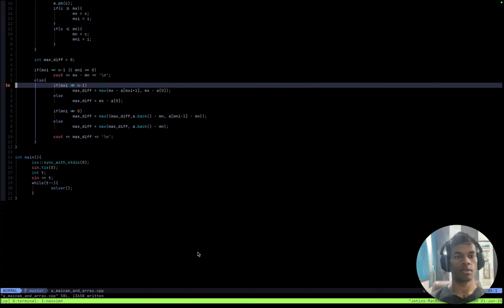Otherwise, see if mxi is not equal to the end. If maximum is not at the end, that is, I do have some number that is to the right of the maximum number, and I can put maximum to the right in two ways,